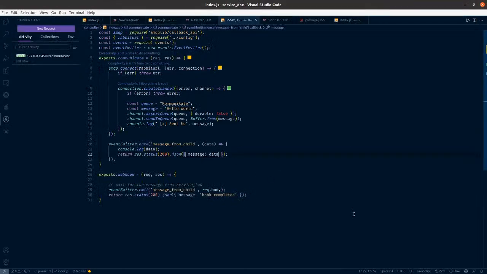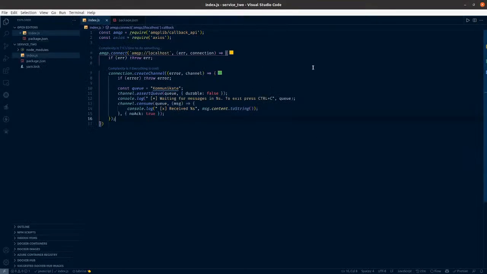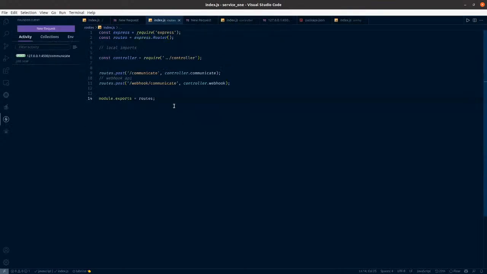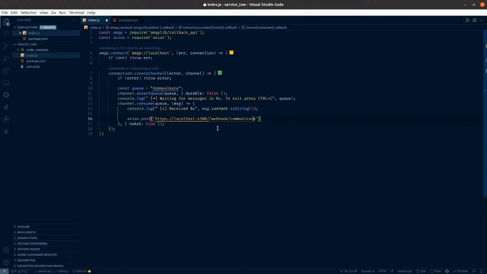So let's see. And then in this here, I'm going to create an Axios request. So basically, I'm going to create an Axios post, and I'm going to use HTTP localhost 4500. And what was the API? Webhook communicate. This is the API. Webhook communicate, and